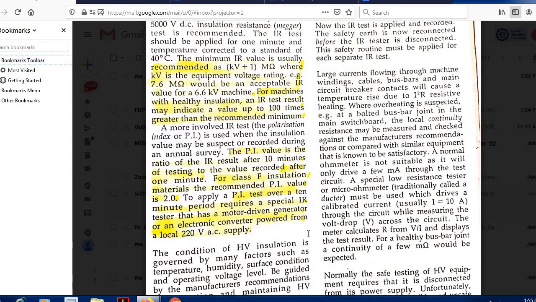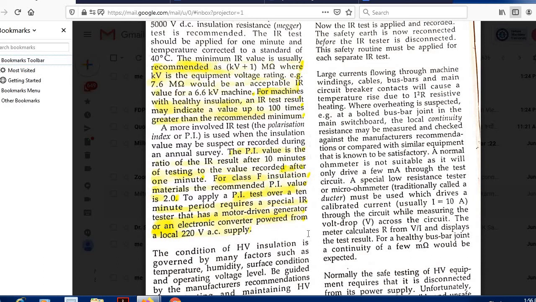After isolating the high voltage system, discharging the high voltage system, all capacitors are discharged, then earthing and connecting the meter and then disconnecting the earthing straps, and then when we are measuring, we operate this meter for 1 minute, okay, and we take the insulation resistance. Again we take at the same point we check the insulation resistance after we keep on applying the meter to that point for 10 minutes.